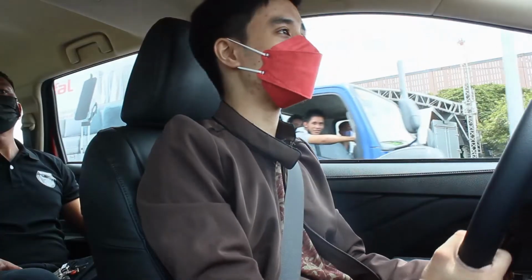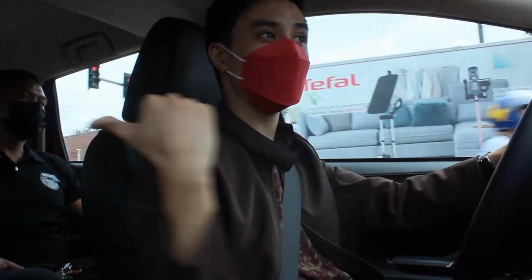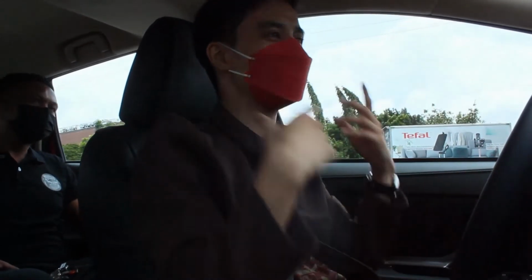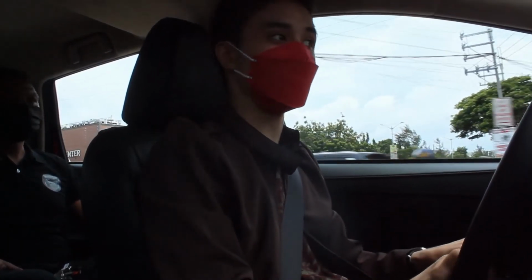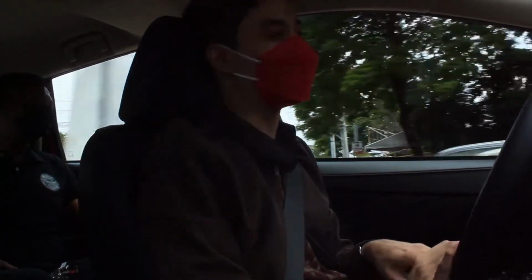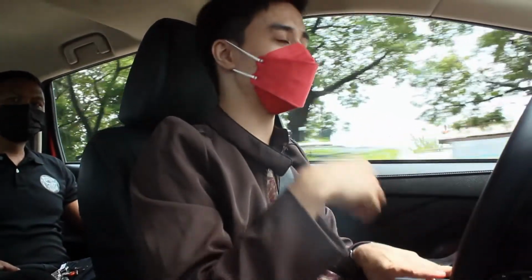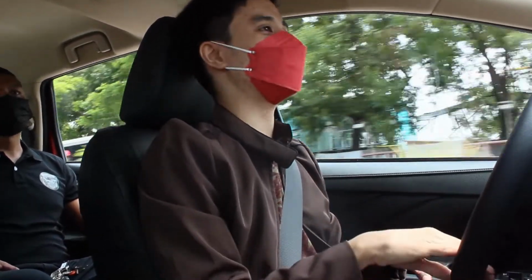So driving the 2022 Nissan Livina VL automatic. I'd like to thank as well Miss Joanna here of Nissan Shaw Mandaluyong. Yeah, same people where I went, but you're wondering why am I here? I'm actually here at the Philippine International Motor Show, and I didn't want to wait a week longer at Nissan Shaw, knowing there's a test drive here, and thank goodness there were Nissan Shaw representatives here. So first impressions of the Livina,